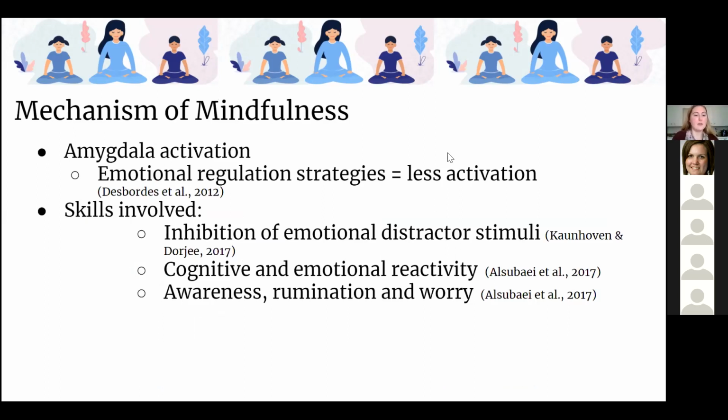So again, this amygdala activation theory is that less activation of the amygdala is going to result when we have emotional regulation strategies that are thought to kind of control our emotions, whereas hyperactivity of the amygdala is going to result in out of control emotions or emotional lability. However, this study again was done in adults, so translating it to children, we can't say for sure how accurate that is.